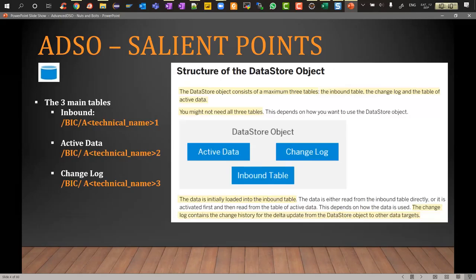So this is the structure of the ADSO. We have three main tables: the inbound table, which ends in 1, the active data table ending in 2, and then the change log table ending in 3. The tables might not be populated every time, but these three tables will definitely be generated for every ADSO. Depending on the setting, whether it's inbound table only, or compressed data only, or standard DSO with change log,